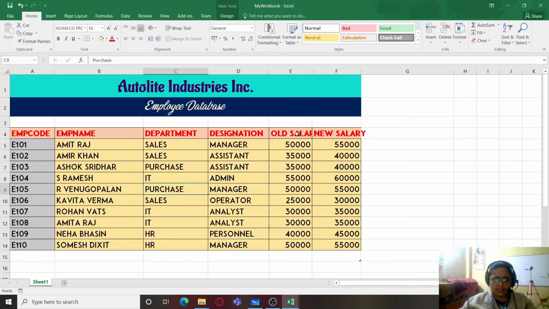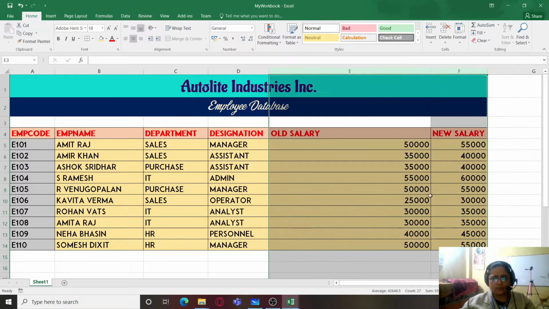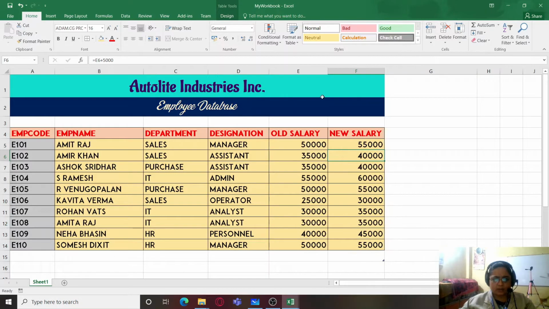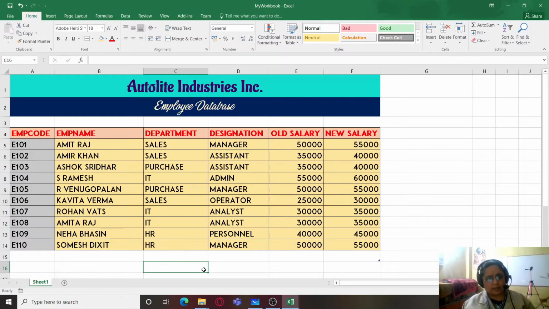And when you see that the cell content is larger or exceeding the width of the cell or the width of the column, you can just select them, go to the format option and select auto fit column width, and make readjustments according to your requirement. So this is how we can easily format our table in MS Excel.